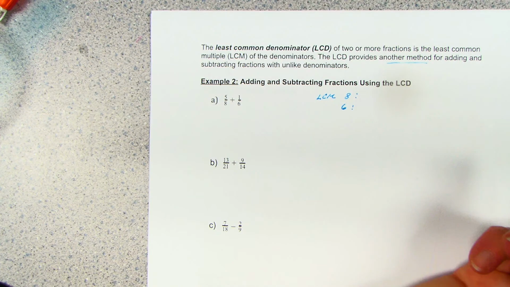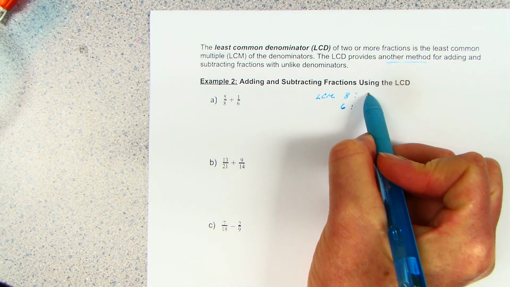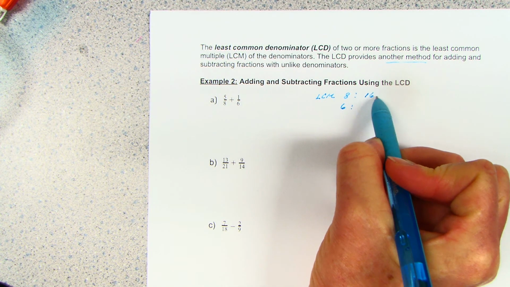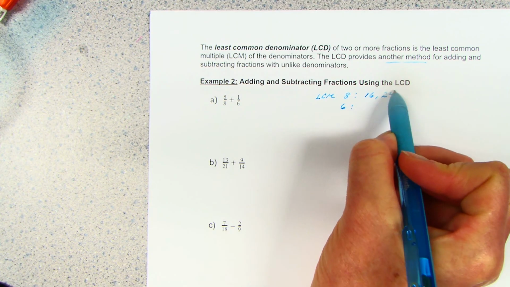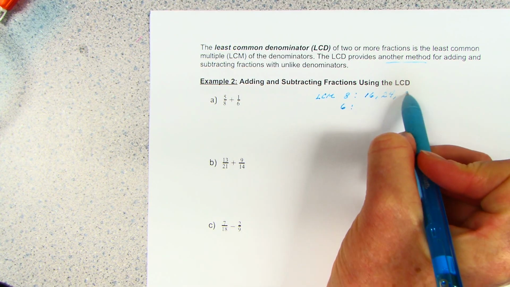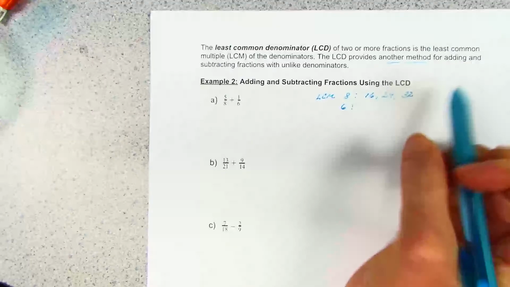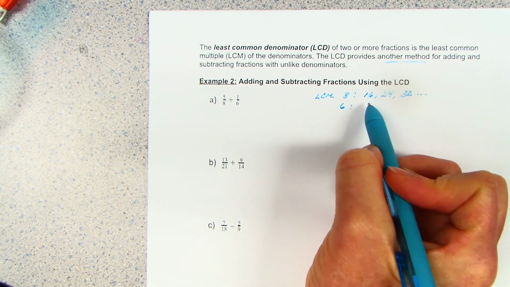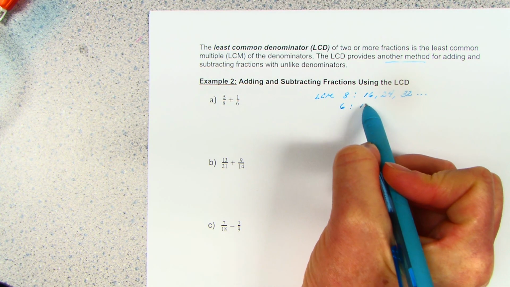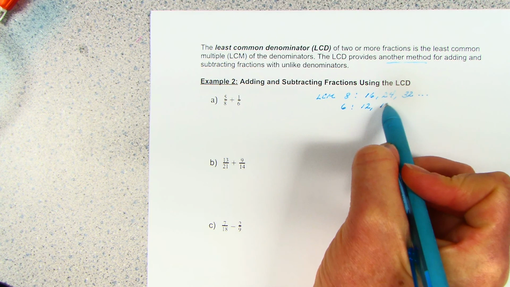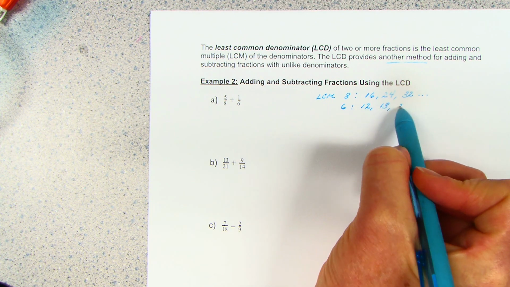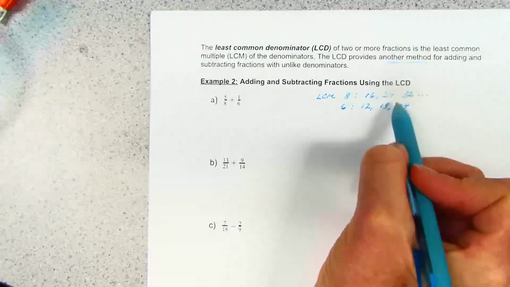So if I'm counting by 8s, we go 8, 16, 24, let's see, 4 times 8 is 32, and it would just keep going. And then if I'm counting by 6s, I go 6, 12, 18, 24, and right there